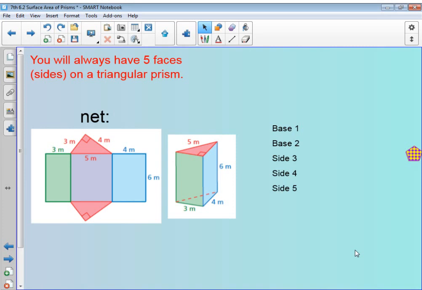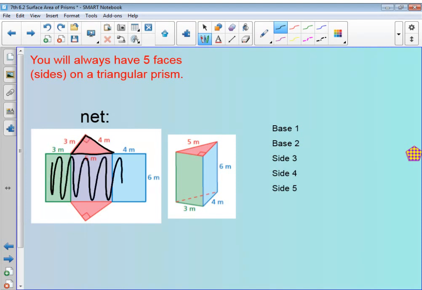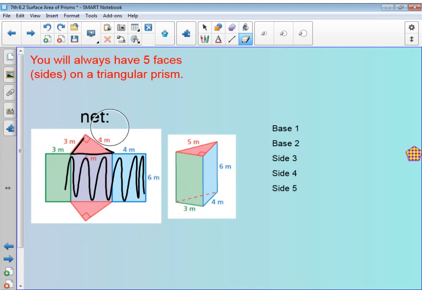So the key thing is on a triangular prism, you only have 5 sides versus on a rectangular prism, you had 6, sorry. And the reason being is when you look at the base of your prism, your base is going to tell you how many lateral surface areas you have. Because that base only has 3 sides, because it's a triangle, that means you only have 3 sides that make up the lateral surface area. Remember, this is your lateral surface area. It's those pieces that connect your 2 bases. Okay, so that's what makes a triangular prism different from a